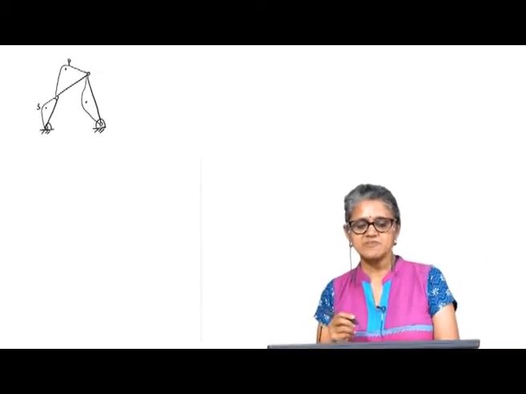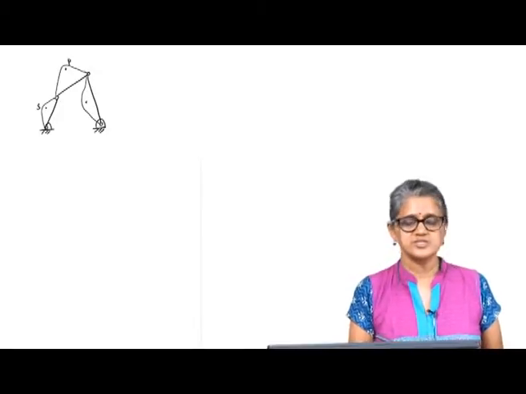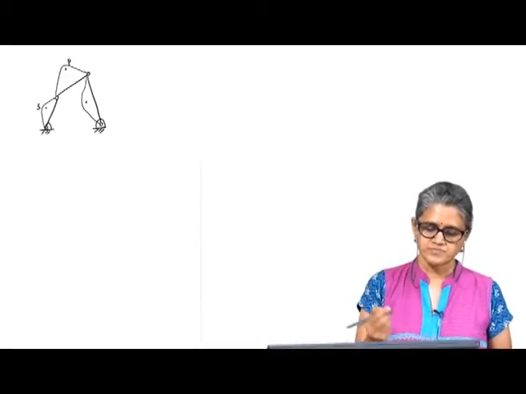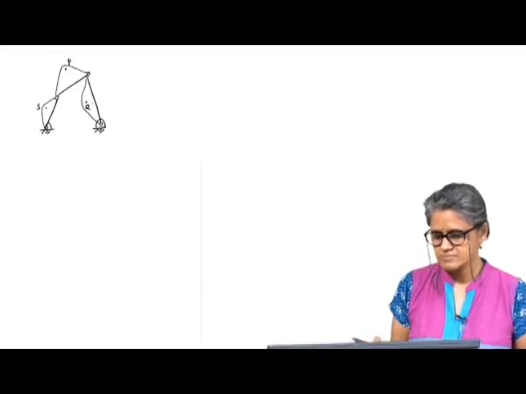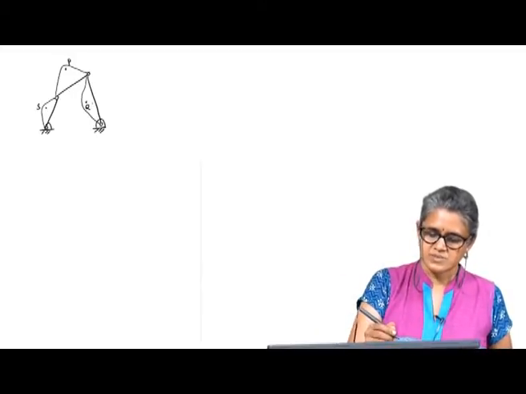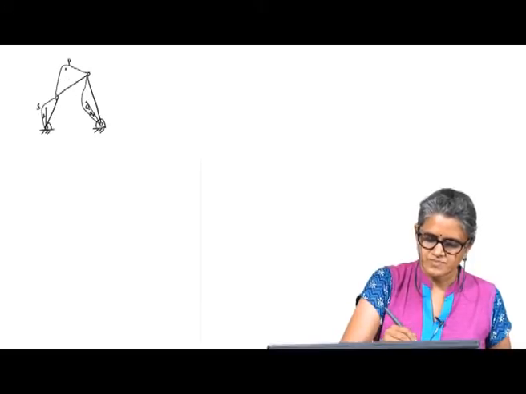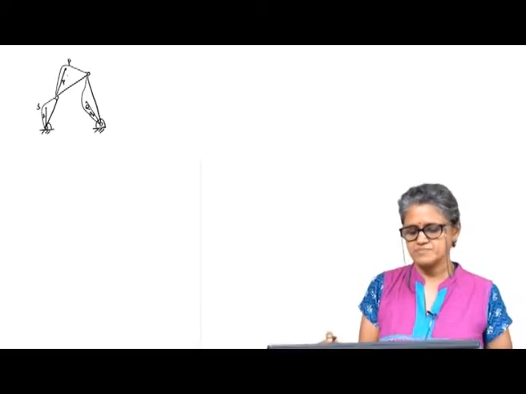So, I may be interested in finding the positions of specific points on various parts of the mechanism. If I call this, it is part of this rigid body. So, let us say I call this distance S, this distance Q, this distance P, small p,